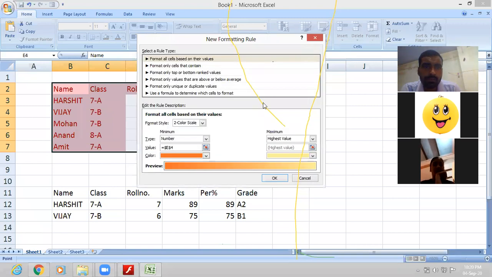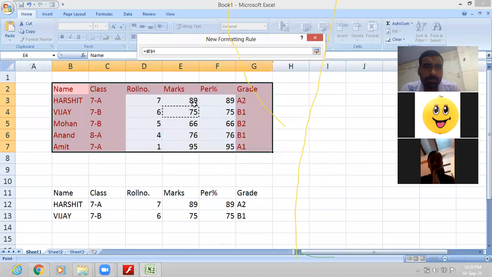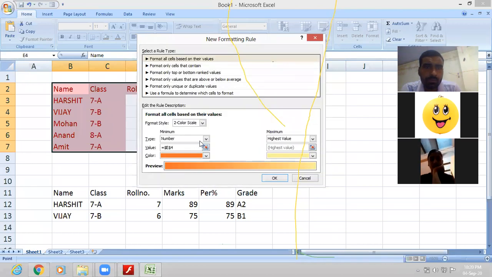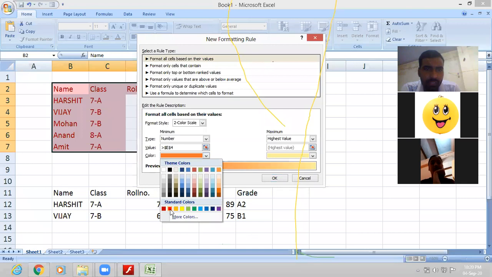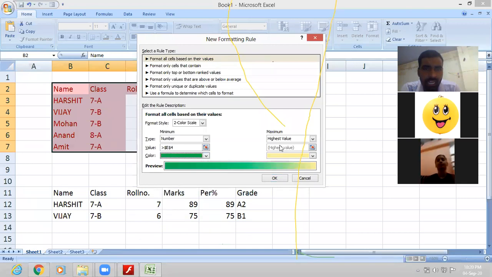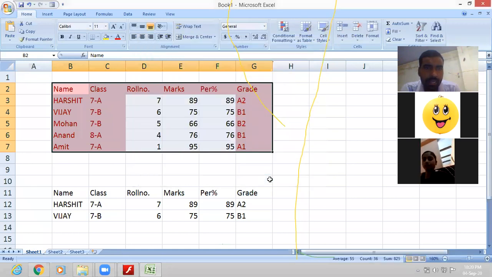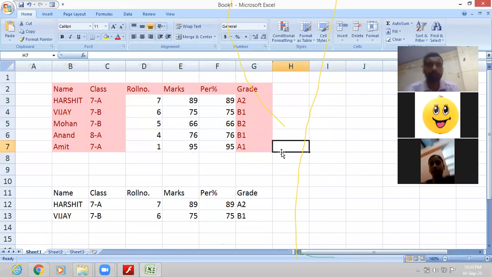Then let us type greater than and select the color. What color do you want? This color we want. Maximum, highest value. Then click on OK. So this is the way we do conditional formatting.